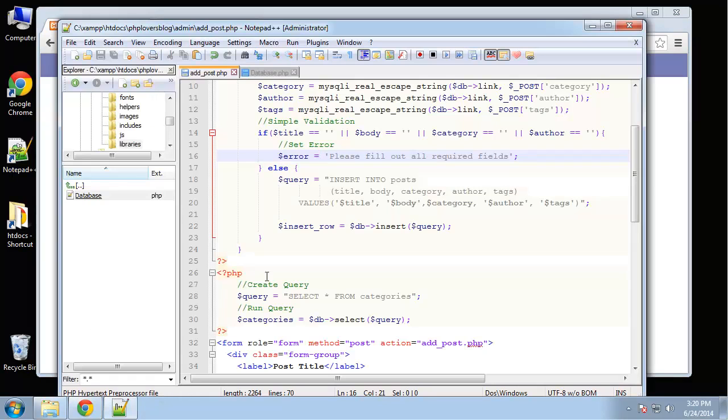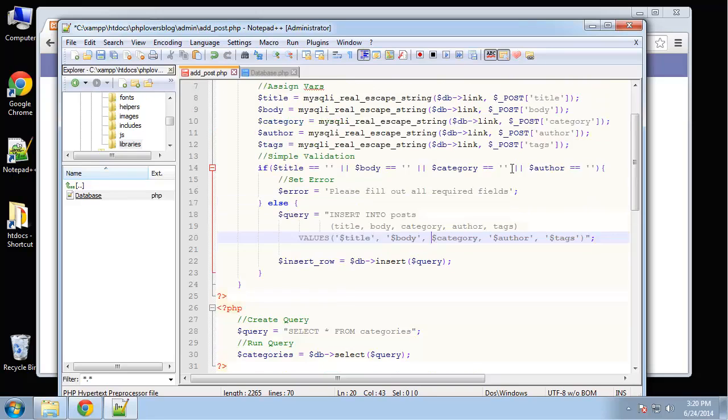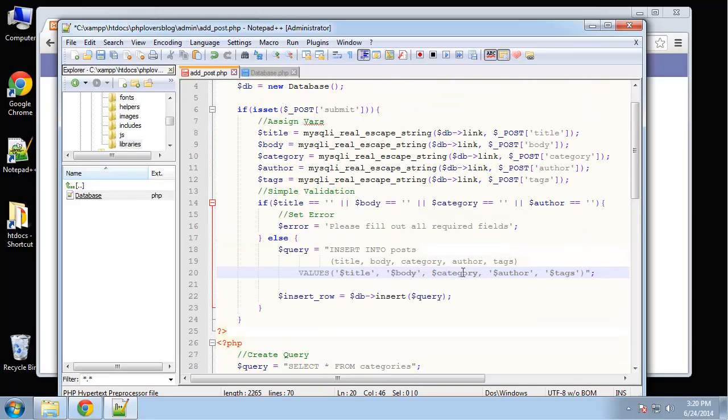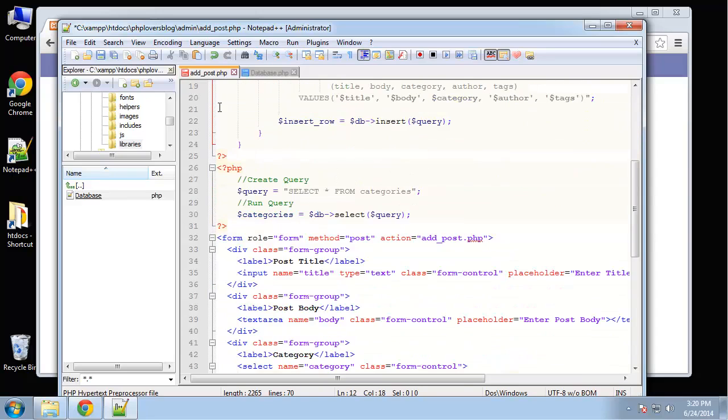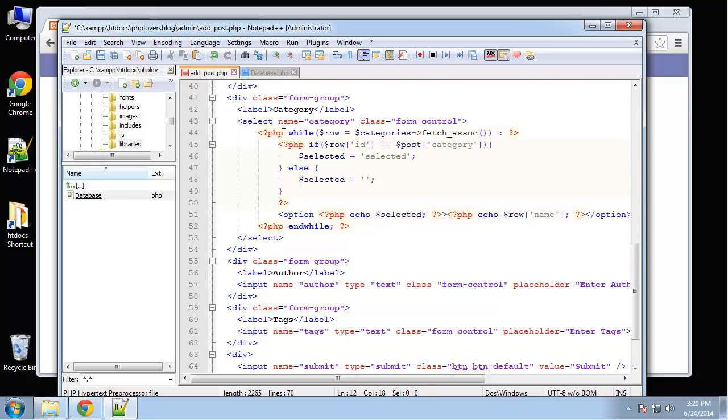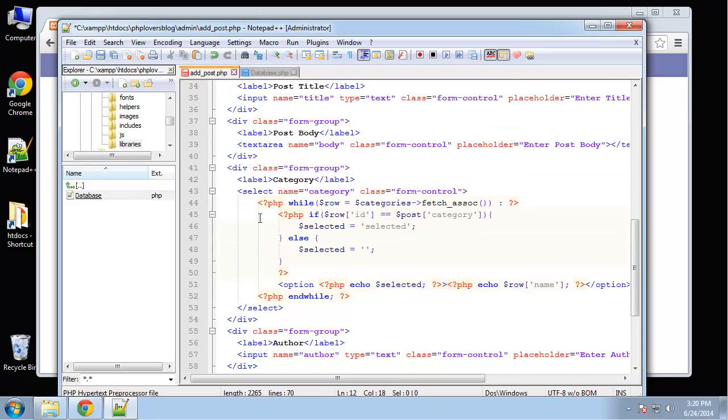Okay, so something's wrong with our query. Okay, so it's getting the category name. We need it to be the category ID. So let's go back, let's go down here in the add post, and for our select,